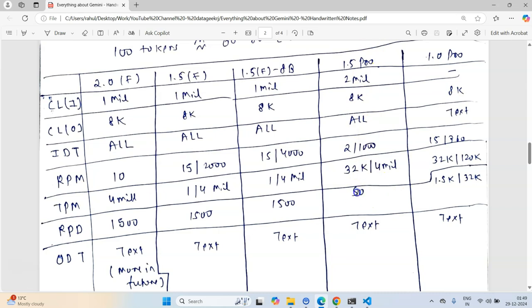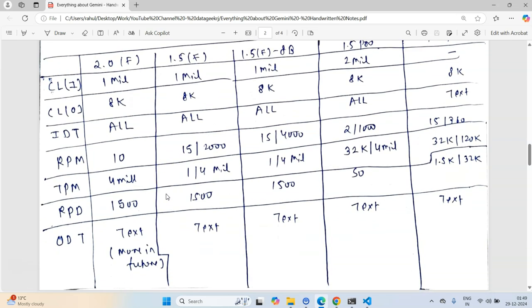Why for Pro it is low? Because you have to understand that Pro models are trained and consume more resources. That is why Google has kept much lower limits for those, while an 8 billion model consumes fewer resources. That is why these are offering us different kinds of limits.